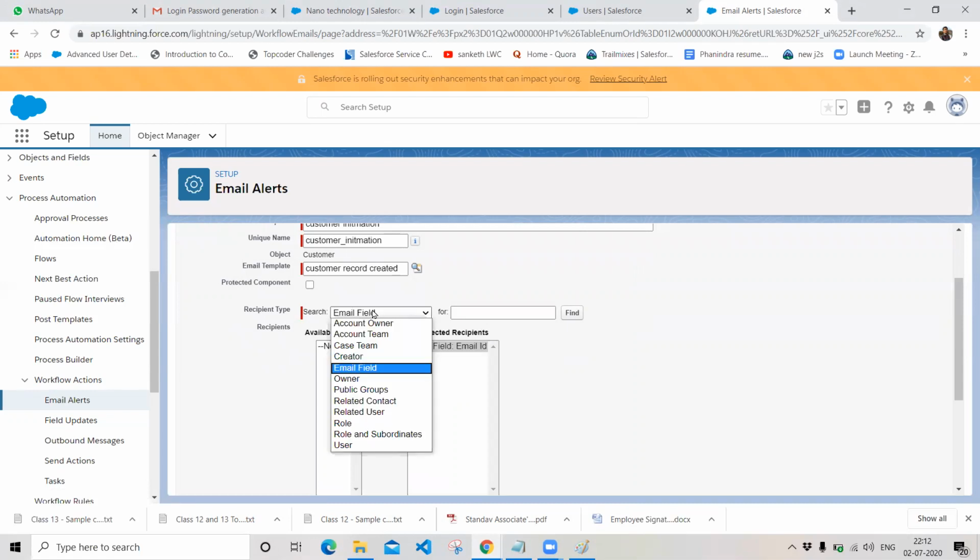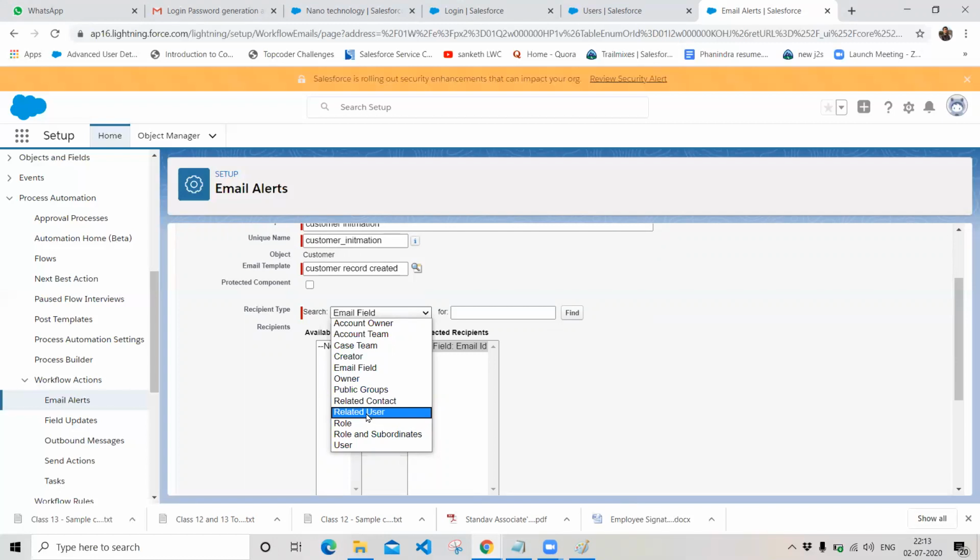And we do have other options, like if you want to send an email to the owner of the record, you can choose the owner. Or if you want to send to public groups or related contacts, like accounts and contacts are related to each other, right? If you want to send to a related contact, you can do that.